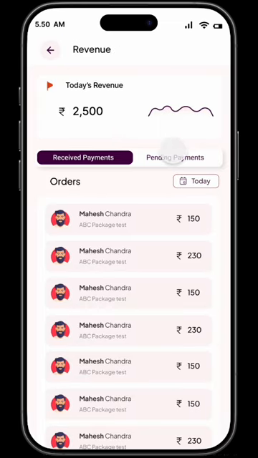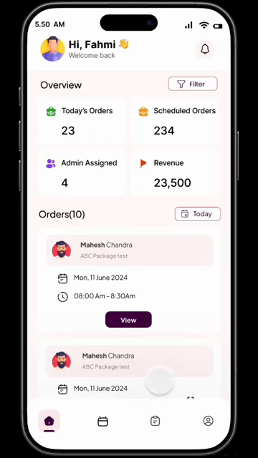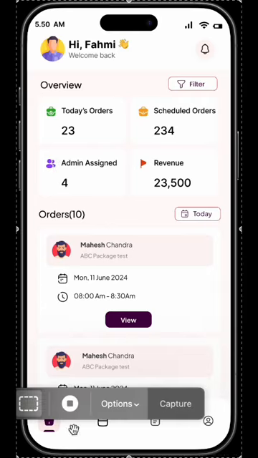In situations where payment collection is required, the phlebotomist can collect payments from the user through the application. Any payments collected are then paid to the admin through the app, ensuring proper settlement and tracking. Once all the samples are collected that need to be submitted at the lab,